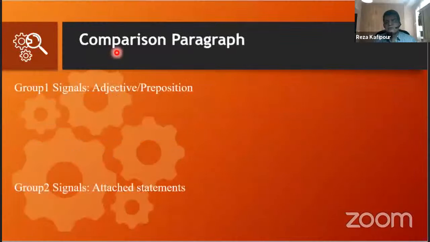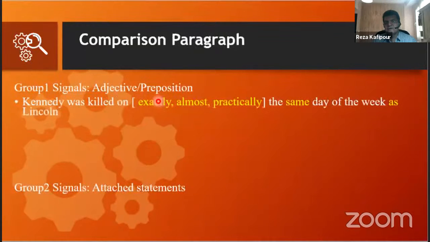Of contrast. So one of the signals that we can use in a paragraph of comparison is the use of adjective and preposition. So this is the structure. We may use a degree of comparison, but it is not mandatory. You may use it or omit it, using words such as exactly, almost, practically, something like it, that show the degree of comparison. Then we use same as the adjective and as